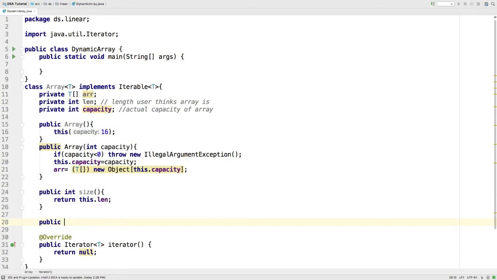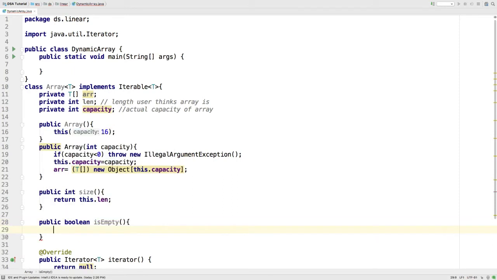And let's give another method which will return a boolean whether the array is empty or not. If the length is 0, it will return true. If the length is not 0, it will return false.